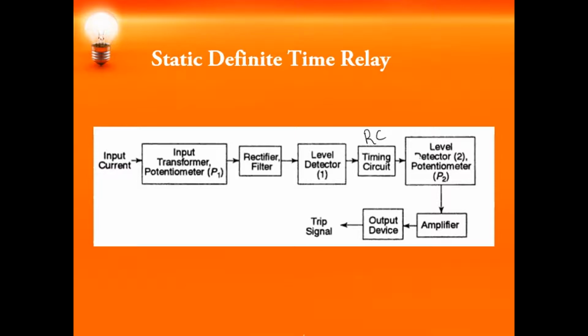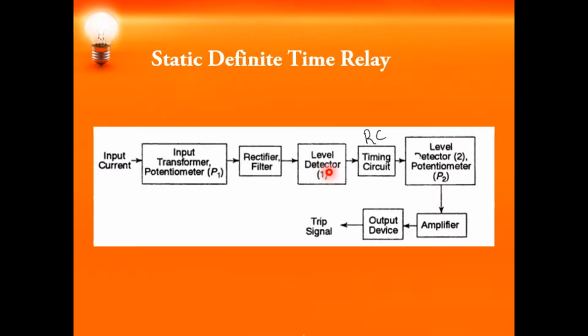Here again the current from the CT is fed to the transformer. This transformer has a number of tappings on the secondary. The output of this can be taken from any of the tappings. It is rectified, it is filtered, and you have a Zener diode which will limit the quantity to some value, and it is given to the level detector. So what this level detector does, it will compare two signals. One signal for the level detector is the already preset value. The other one is the signal which is coming from the rectifier.